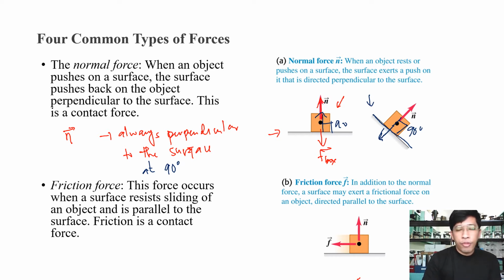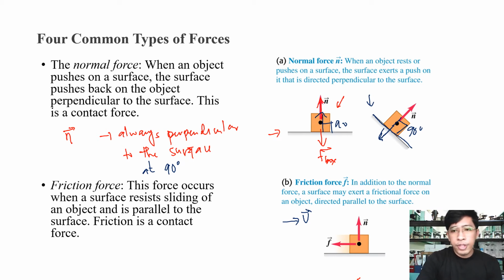The second type of force is your friction force. This force occurs when a surface resists sliding of an object and is parallel to the surface. Friction is again a contact force. Consider here again your figure. You still have your box, and let's say that your box moves to the right. So you have the velocity of the box towards the right. So there is a motion of your box towards the right, and